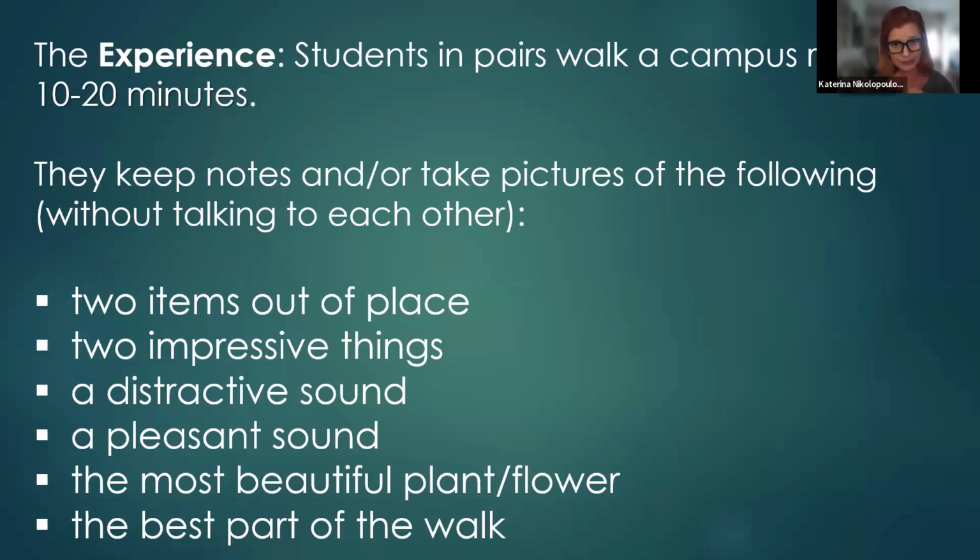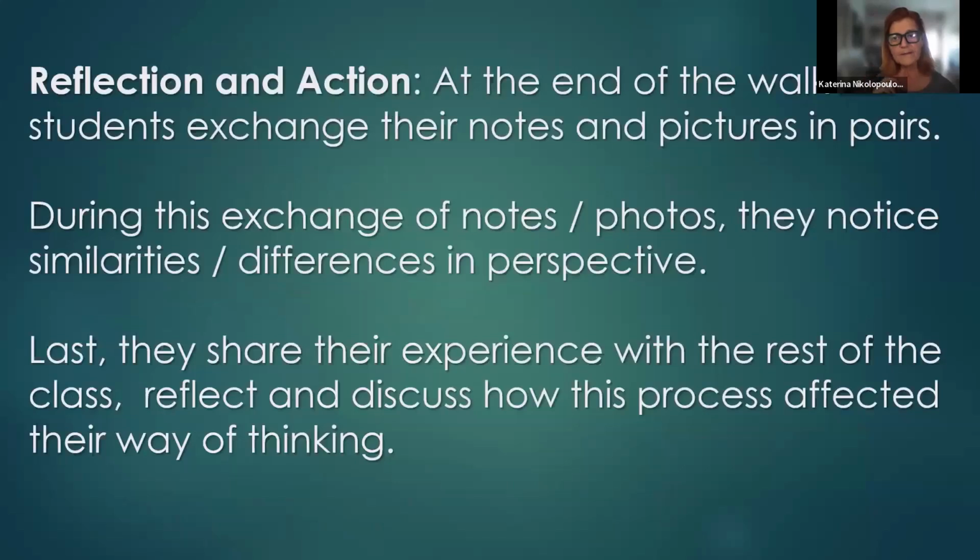They have to take pictures of two items that look out of place, two things that impress them, a distractive sound, a pleasant sound, the most beautiful plant or flower, the best part of the walk. This can be endless. So they take pictures, they collect experiences, they have a notebook, they write down things, and they reach a point where they share,